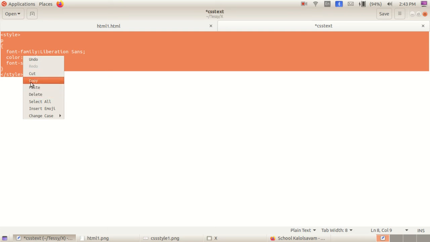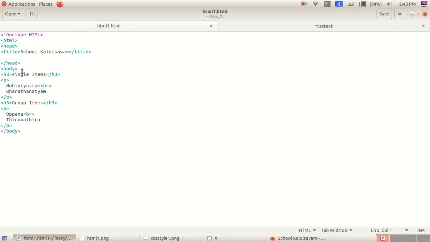Okay. Then I am copying this and going back to the HTML page. Where we need to paste it or type it is very important, children. Look here, after closing the title, before closing the head. After closing the title, in between the head tag, we need to keep it.